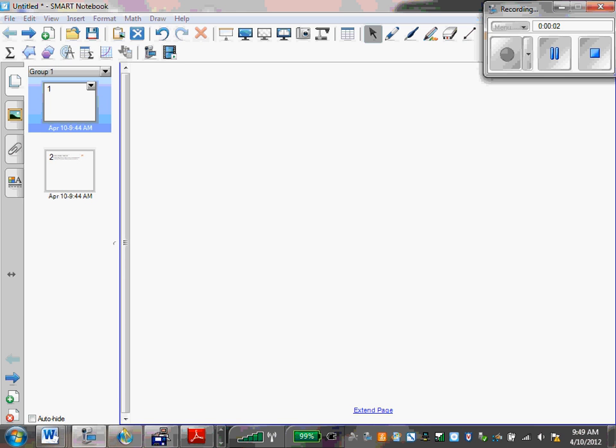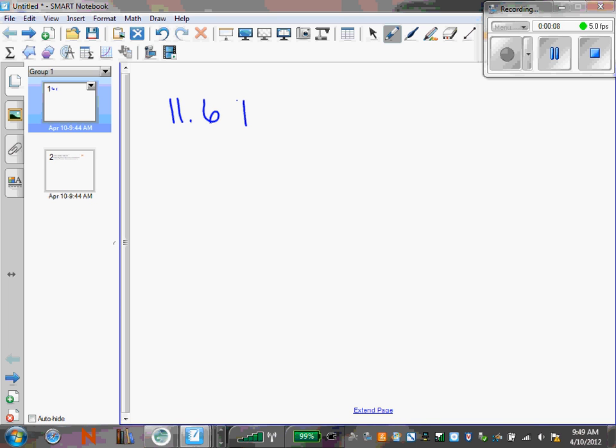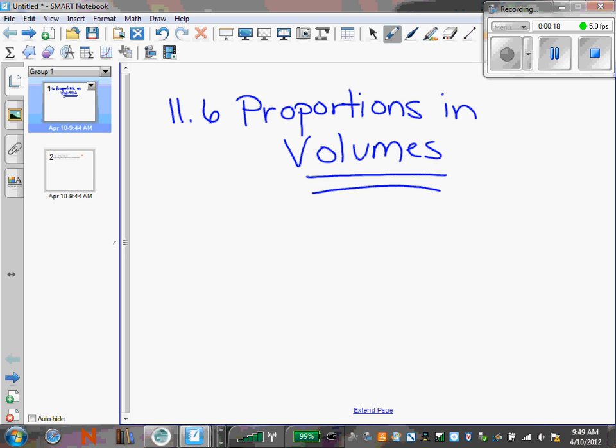Today we are going to talk about section 11.6, proportions and volumes. So in the last lesson,